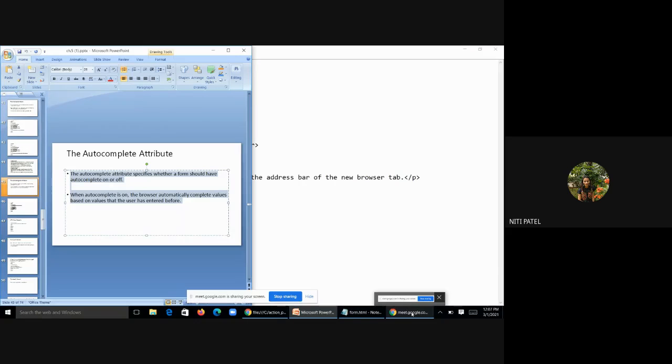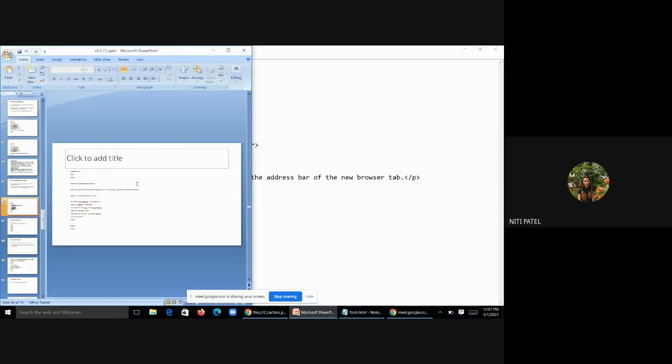So autocomplete means you fill the data once, it is going to capture that data and it will be stored. And if you have kept the autocomplete on, it will automatically start filling the data you have already filled. If it is off, it won't, and you have to retype every time. But if you have kept it on, the system remembers what you previously filled and helps you refill instead of typing. Okay, so we can do that in our forms also.